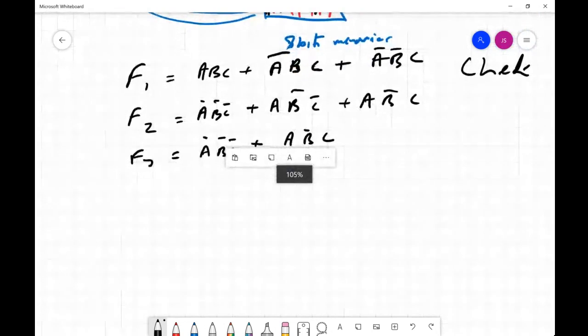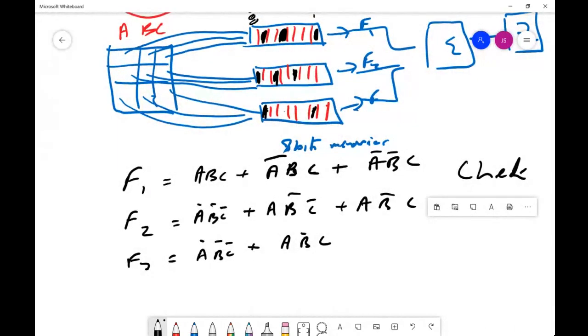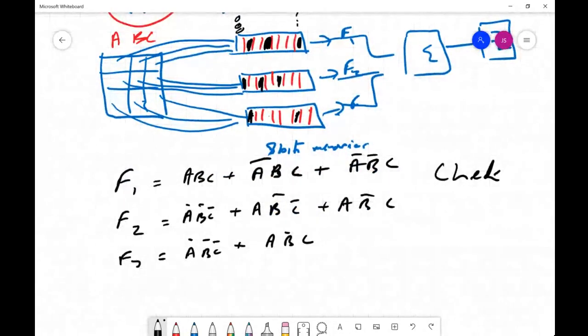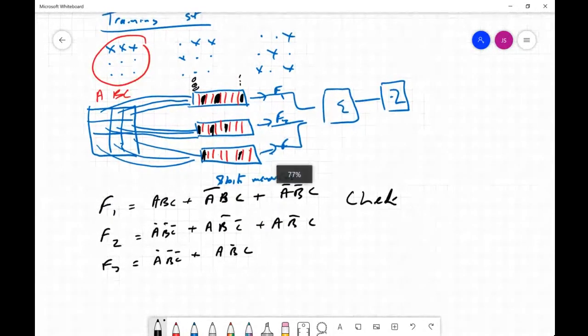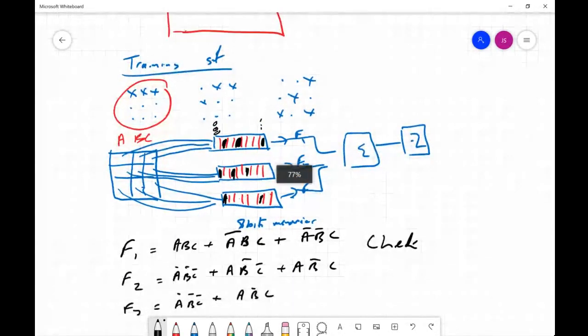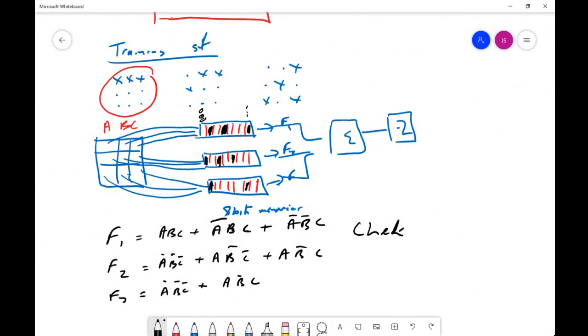If we're now looking for, yeah, mistake? F2, the last one is wrong. It's not A, B, not C. No, it's the other way around. F2, the last one. Let's check. Not A, B, not C. Yeah, you're telling me, well done. I'm learning. Not A, not B, not C, yes. Or not A, not B, not C, yes. And the last one is not A, B, not C. If I was doing this, I'd lose a mark there. I'd still get my first, though. And so that is A, not B, C.